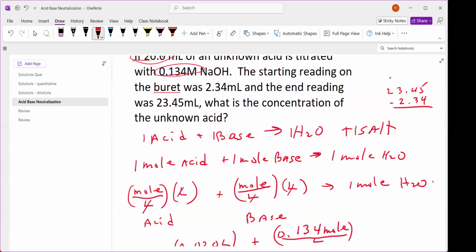It ended up turning the indicator pink. So what is that? What is it? Convert that to liters. So it's going to be